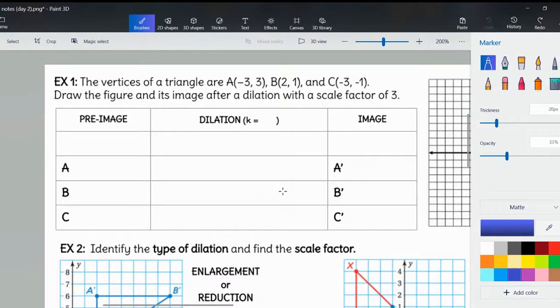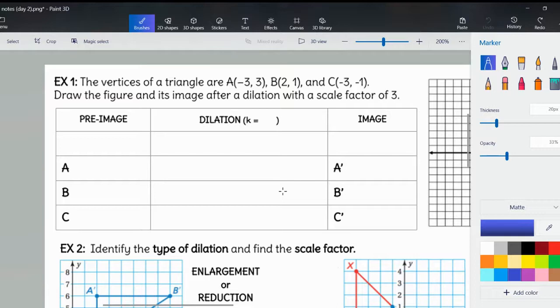Getting into the inside of your notes, we're going to do some examples on how to actually solve these. So our example 1, we're going to be given some points on a triangle. We're going to be given a scale factor. It's going to give us those two things. We have to figure out what the new points of the image are, and we have to figure out how to graph that. I want you guys to remember that the pre-image is always the shape you start with. K is how much you're enlarging or reducing it by. And your image is the image you get after you dilate it or after you